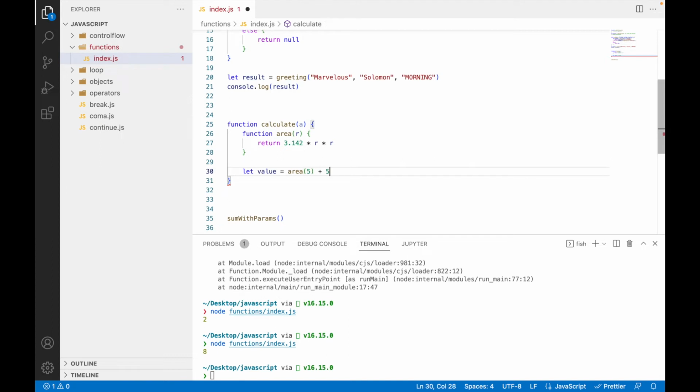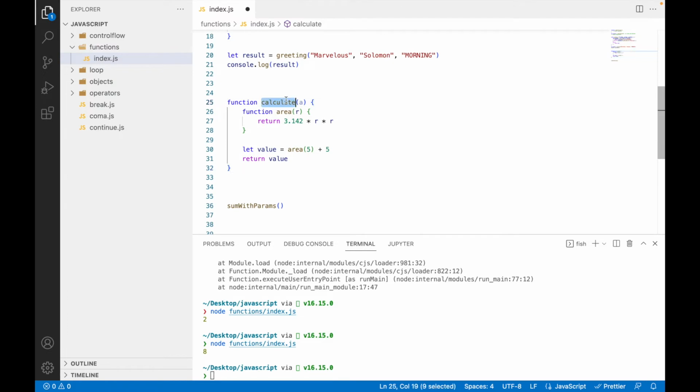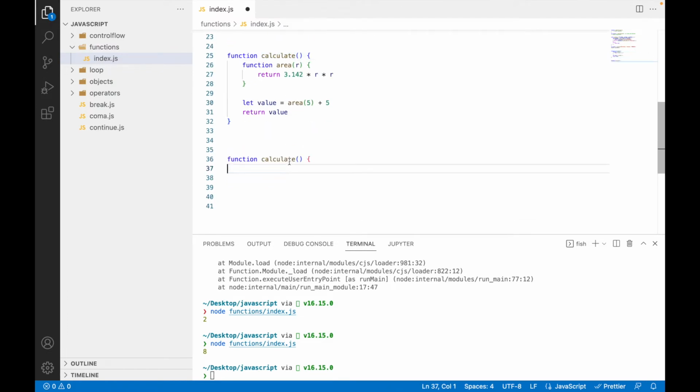Let's say plus 5. So basically what we're doing here is calling this function within another function, and it will return the value based on what we've passed in here, the variable. So we're going to have 3.142 times 5 times 5, and that value will be returned and added to 5, to store the value in here. So we can say return value, right? And in the end, we don't need this. So if we call calculates,